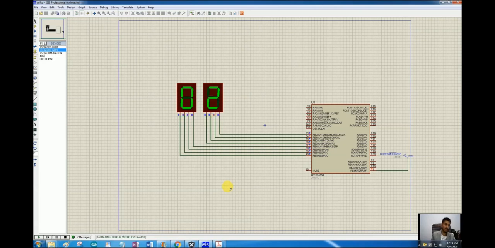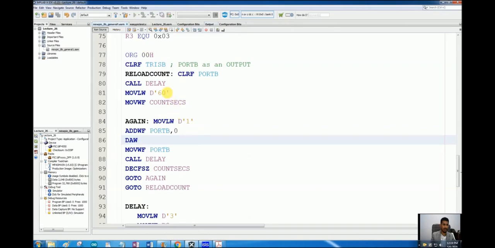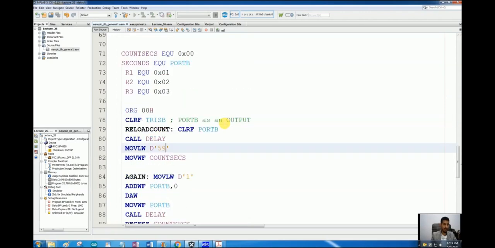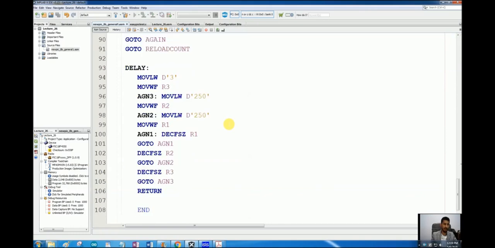Okay, so here it is going from 00 to 60 and then resetting. It should reset after 59. Because we are using a count of 60 here, we have to change this count from 60 to 59, and then it will work fine. What you can do is copy this code for the seconds part and make 2 more loops for minutes and hours and send me the code as assignment number 5.